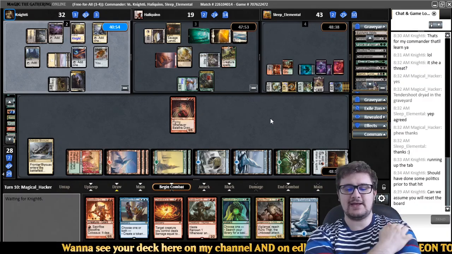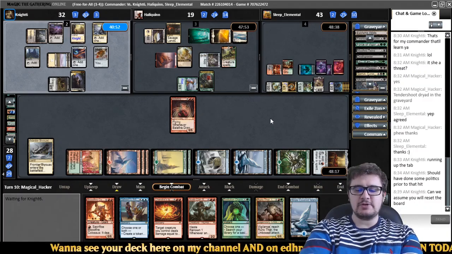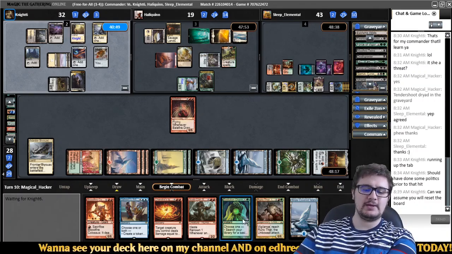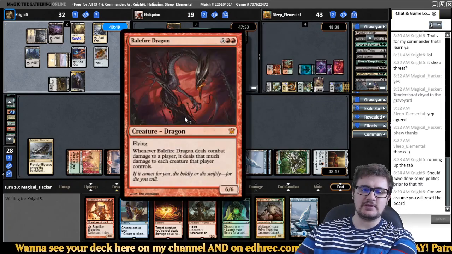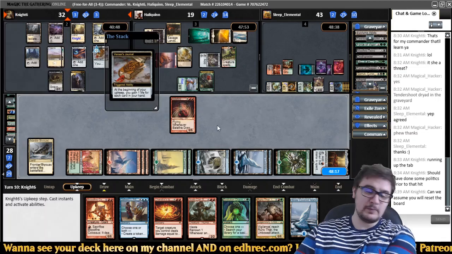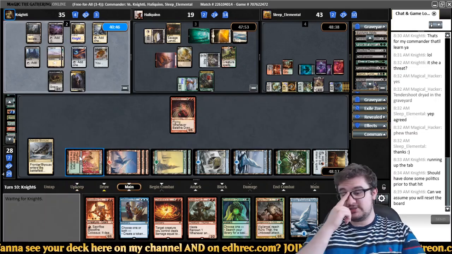Start making our opponents lose life from casting non-creature spells. And then we can just hold up the Evolution Charm for when we need to go for something else instead. I do like the idea of using the Balefire Dragon to take out this board state. Would be pretty nice to do while we have the chance. We'll see if we can...